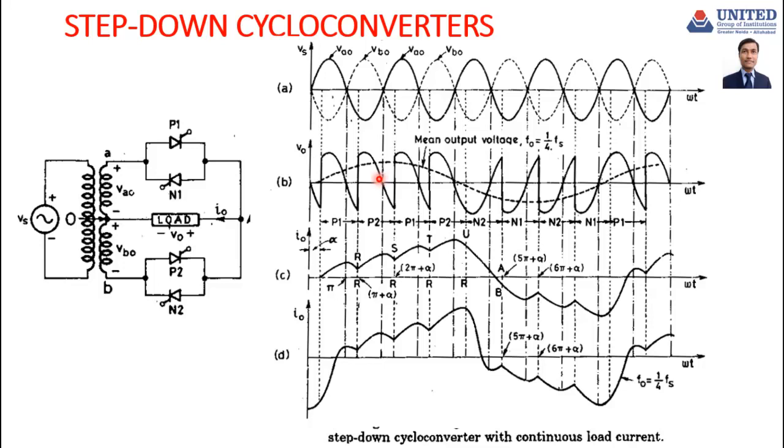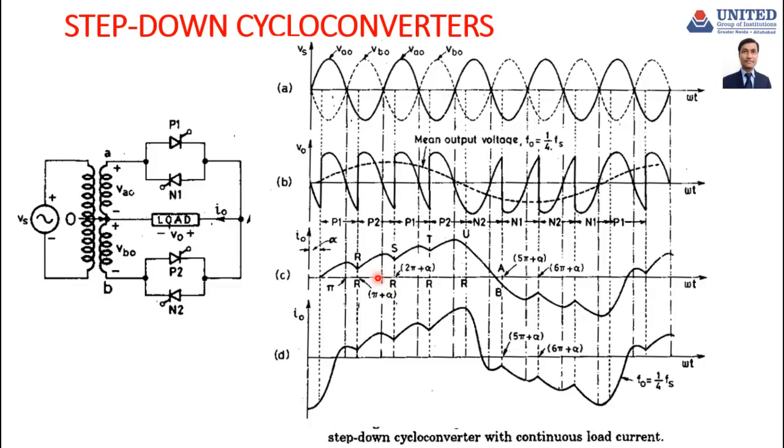As a consequence, the load current again builds up further after RR magnitude. At omega t equal to 2 pi plus alpha, when P1 is again turned on,